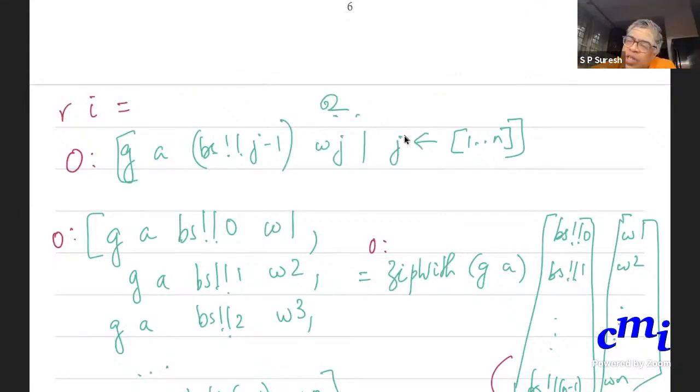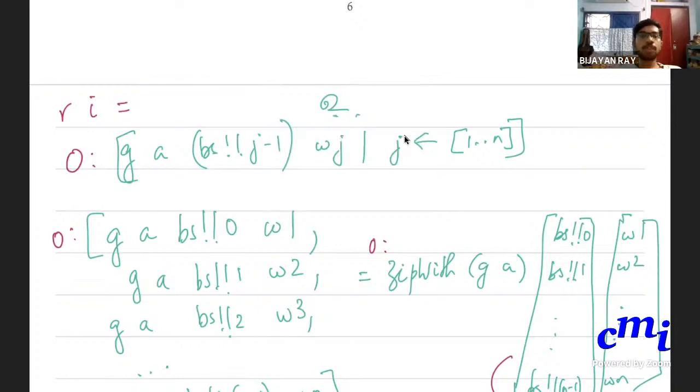G is a function which takes 3 arguments. So you do G on A, then that will consume 1 argument, and then you do it on 2 lists. G is a function that takes 3 arguments: 1 character, another character, and a triple of integers.